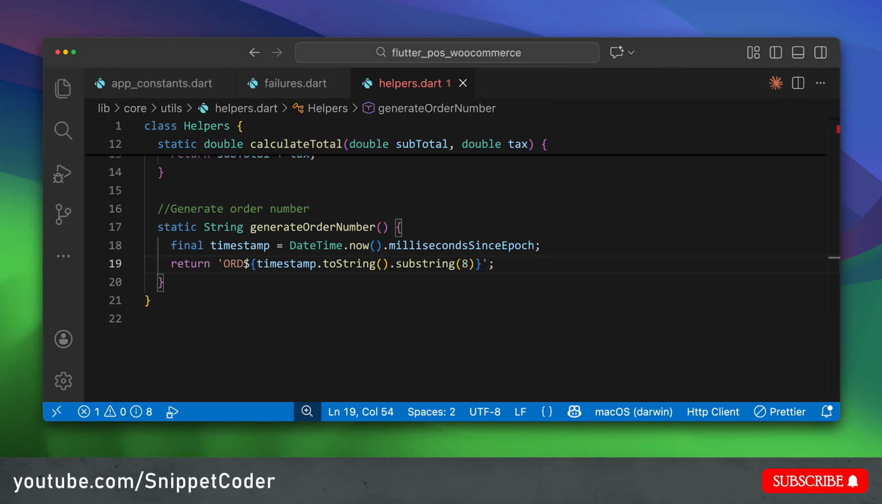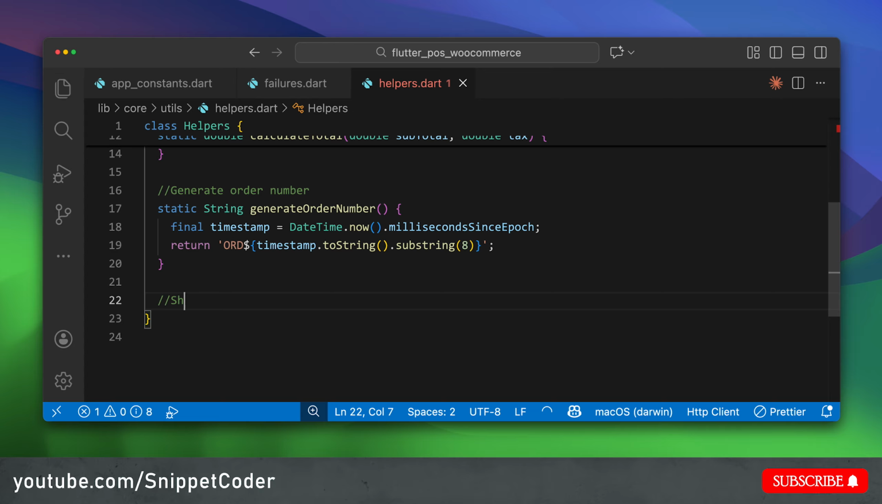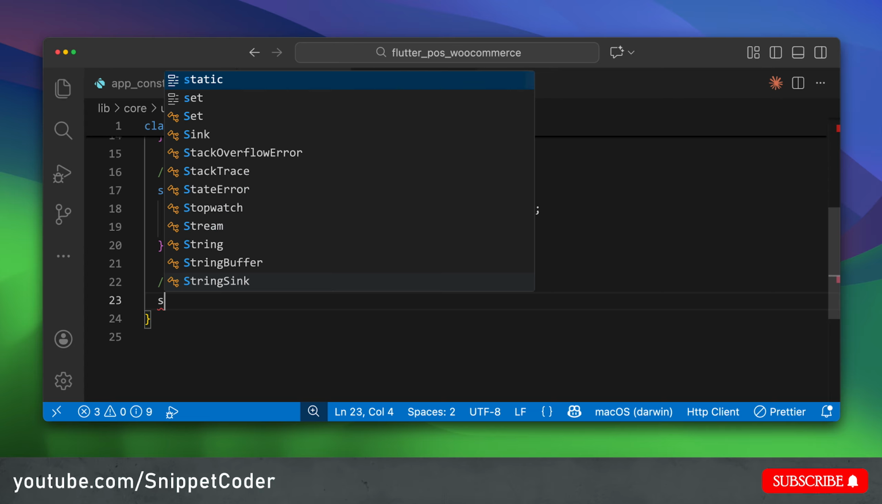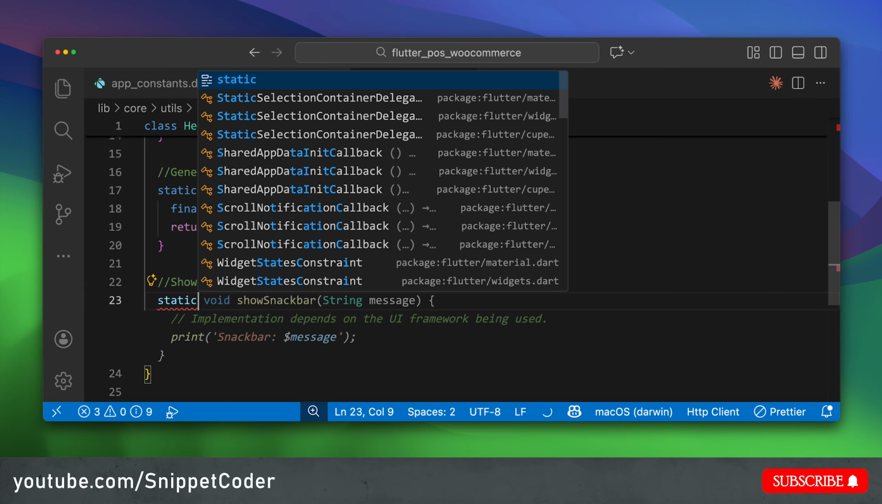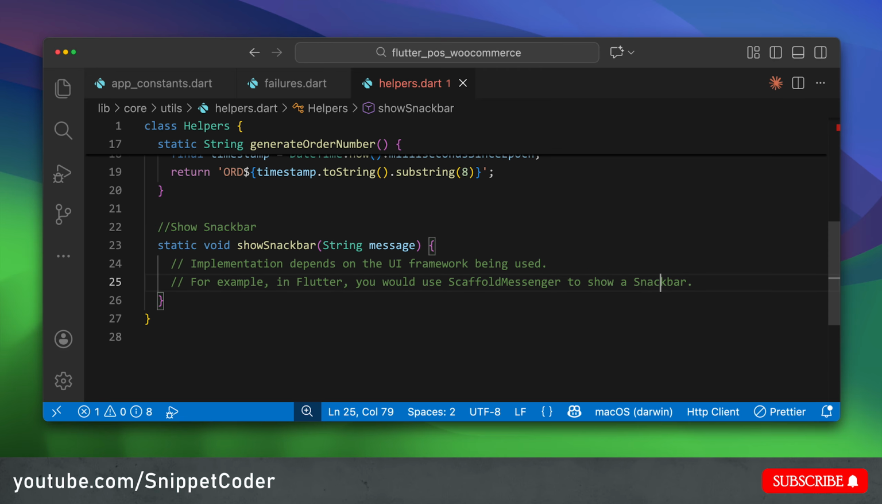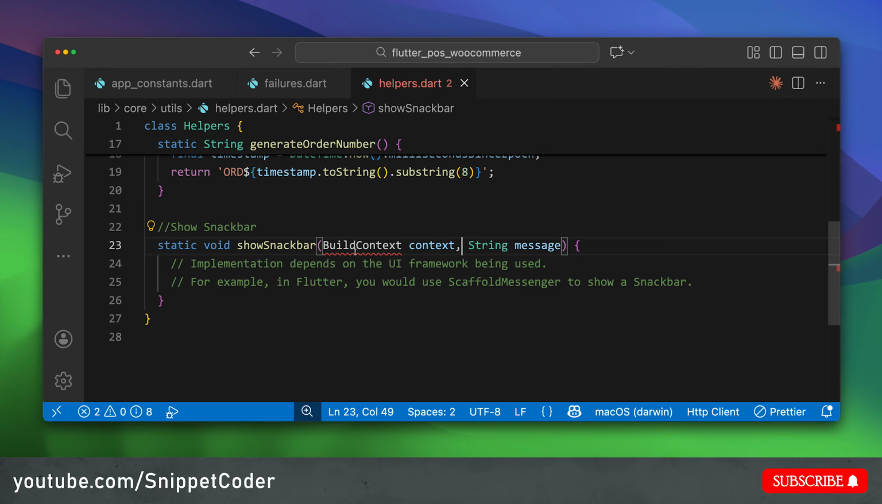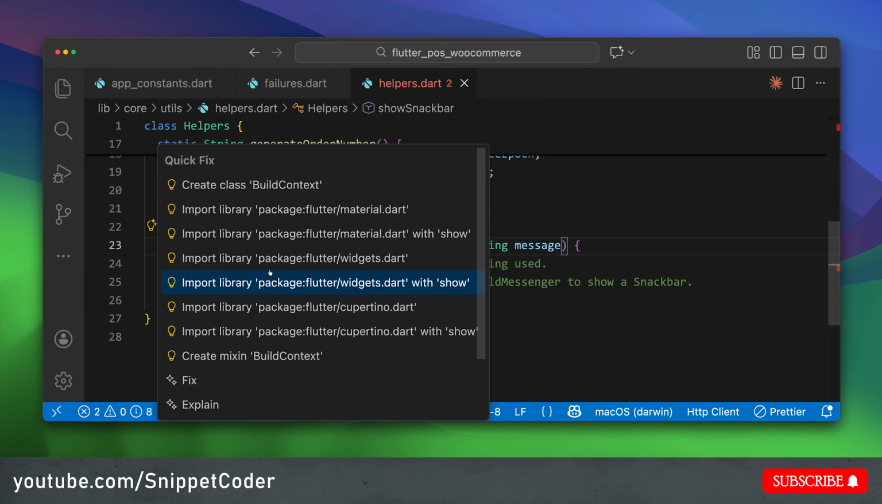So now we have to create a function for the show snack bar, and that will be used to display a message at the bottom of the screen, red for errors and green for success. We have the function here, static void showSnackBar, and we have to pass the build context also. Now we have to import our Flutter material